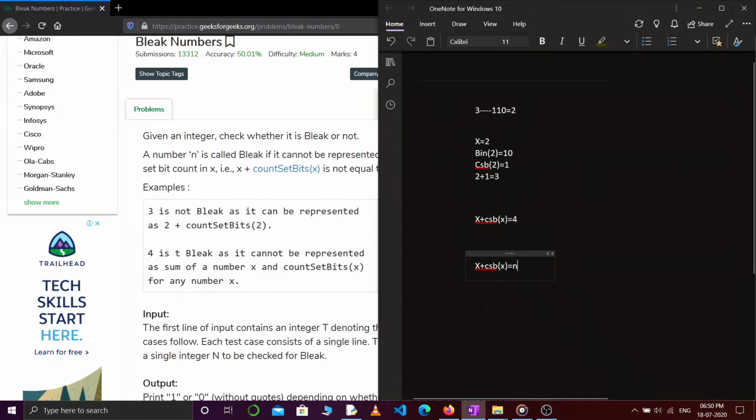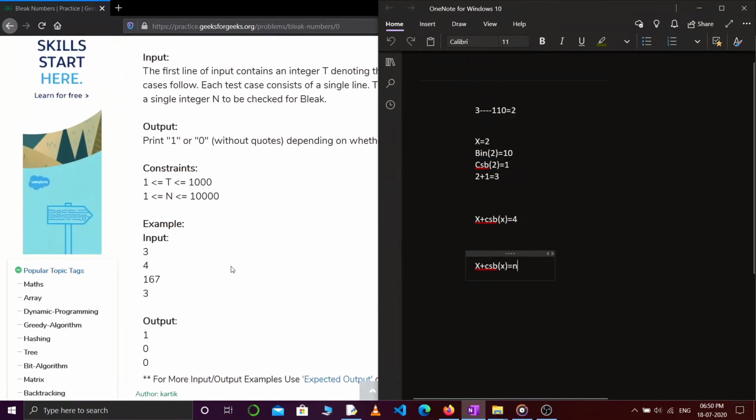If the value of n can be from 1 to 10,000, then obviously the value of x cannot be greater than 10,000. So the maximum value x can have is 10,000, and the minimum value x can have is 1.